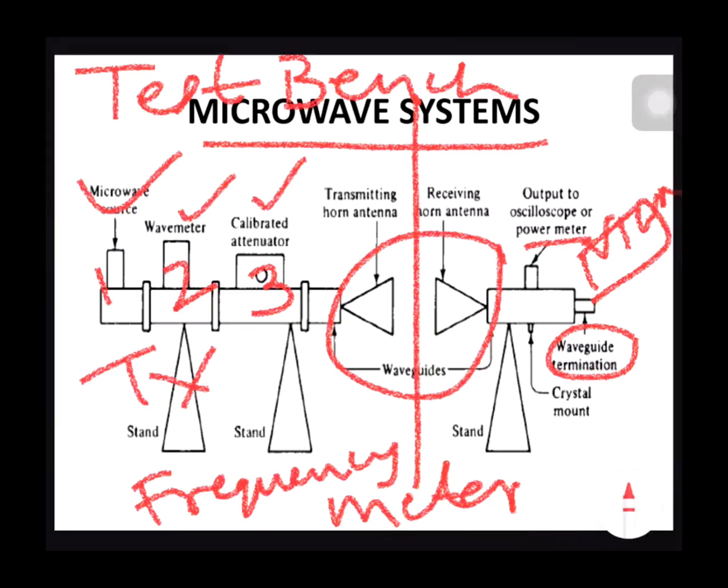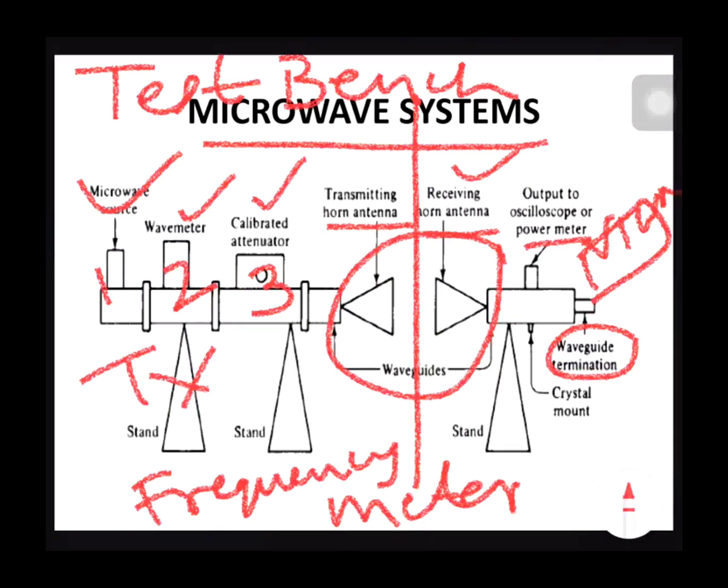transmitting a microwave signal. Okay, so here in the diagram, the author has given a transmitting antenna, where the type of the antenna is a horn antenna. And coming to the receiver side, because as you know, any communication system consists of a transmitter and a receiver where the channel is in between. So here the channel is the antenna, that is the horn antenna. One antenna we are using on the transmitter end and the other antenna on the receiving end. So on the receiver, the horn antenna is there,